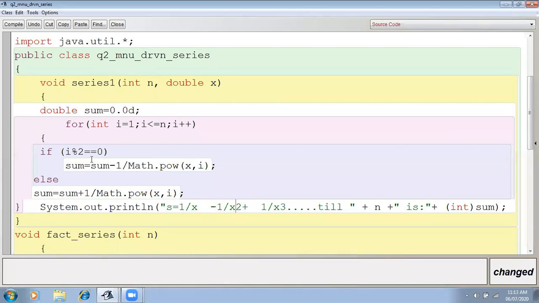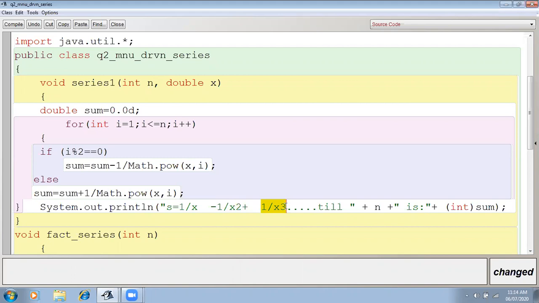So see what I'm doing, sum equals, here I have declared the sum as double. Very important thing, why I'm declaring it double, because here I have to perform division. When I'm doing the division, most of the time I'm going to get values in decimal places, otherwise it will not give me the correct result. Only the quotient it will display, not the remainder.